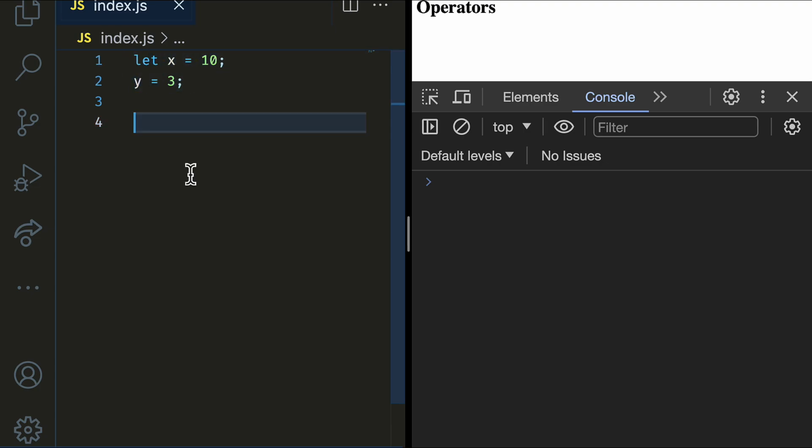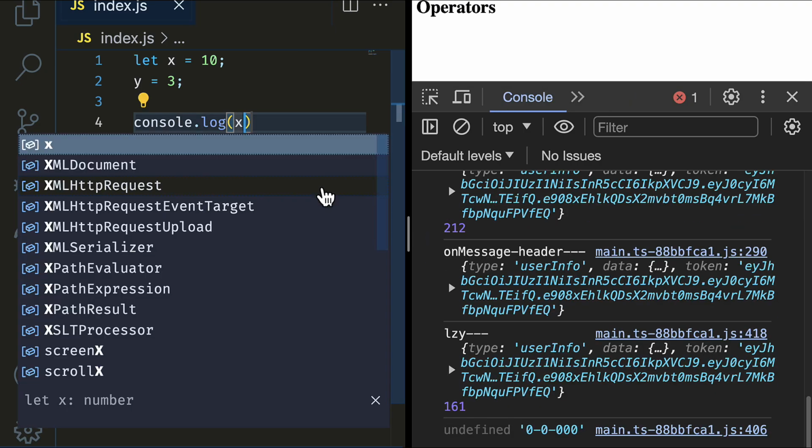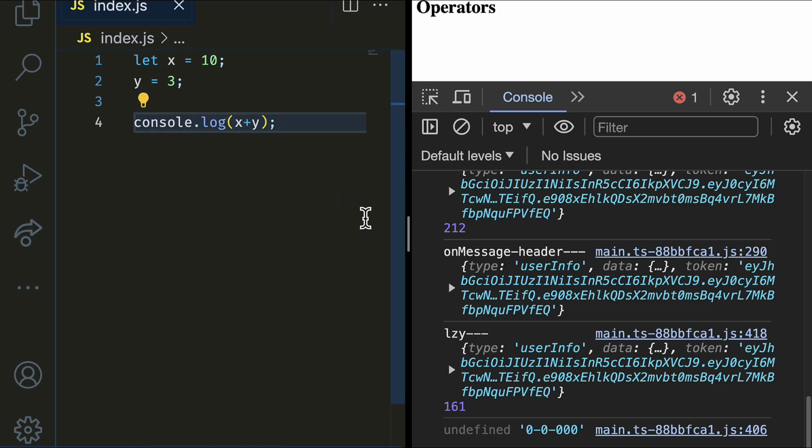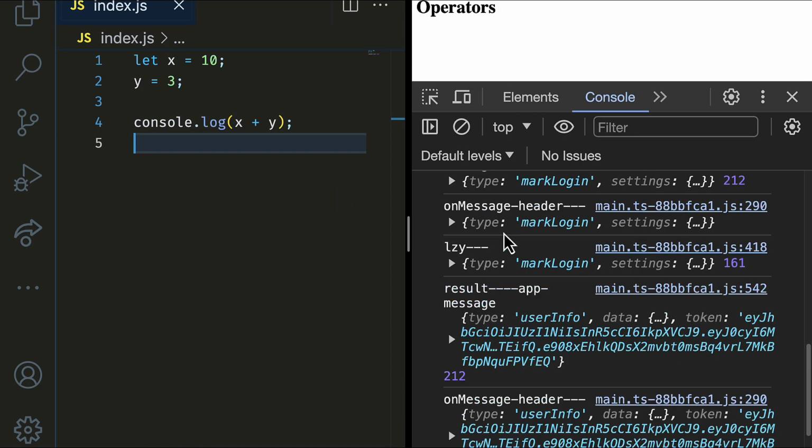So here we have two variables, x and y. Let's take a look at all the arithmetic operators in JavaScript. So I'm going to do a console.log. Here's the first example, x plus y. That is the addition operator. So these arithmetic operators usually take